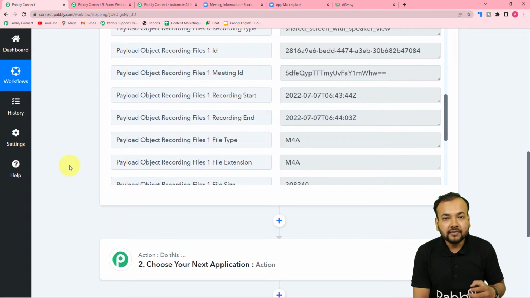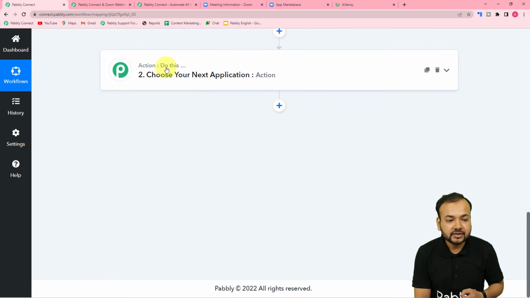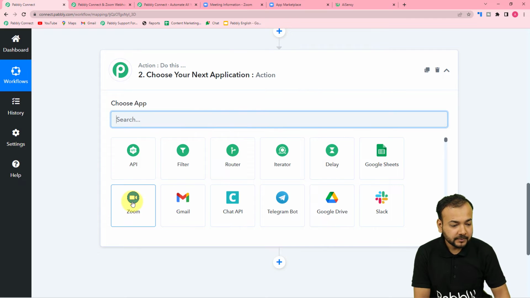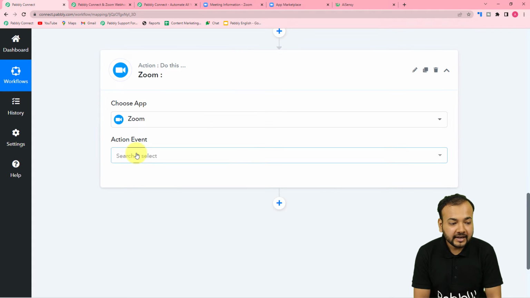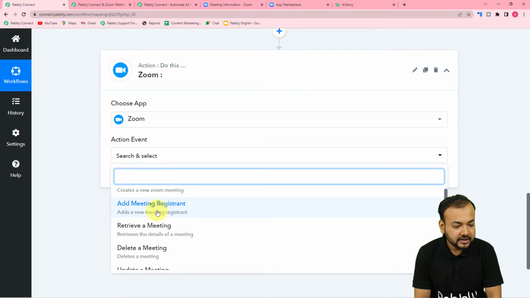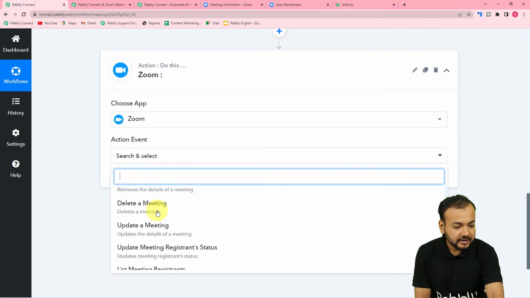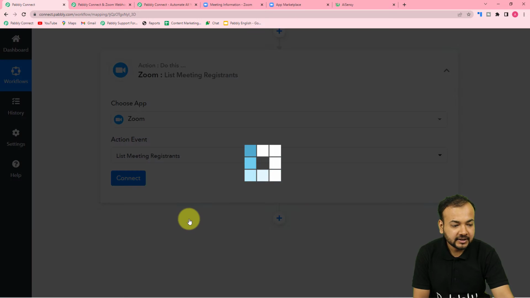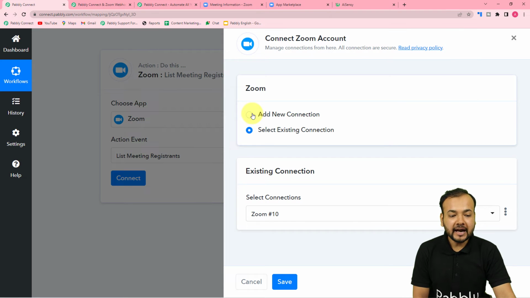So to fetch the data of the registrants, we are going to use this action step. From here, guys, I'm going to connect the Zoom application again, and with the help of an action event we are going to fetch the details of the registrants. Search for Zoom here, select it, and in the action event you will find this option, list meeting registrants. It will list all the registrants of the meetings by meeting ID. Select it, then click on connect, and from this window select add new connection,